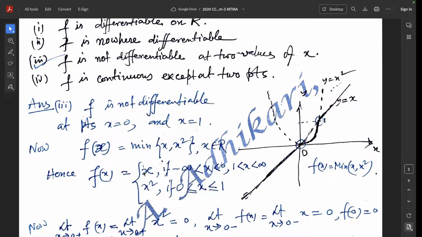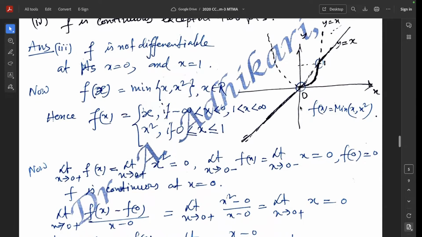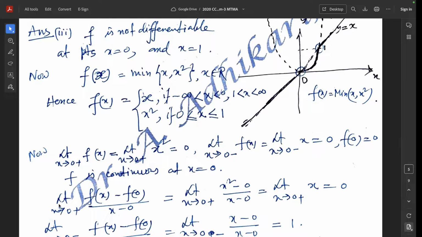This is f(x) equal to x when minus infinity less than x less than 0 and 1 less than x less than infinity, and x square if 0 less than or equal to x less than or equal to 1. Limit x tends to 0 plus f(x) equals 0. The right hand limit of this function is 0, and the left hand limit is also 0, and the functional value at the point 0 is 0 also. So f(x) is continuous at the point 0, but not differentiable